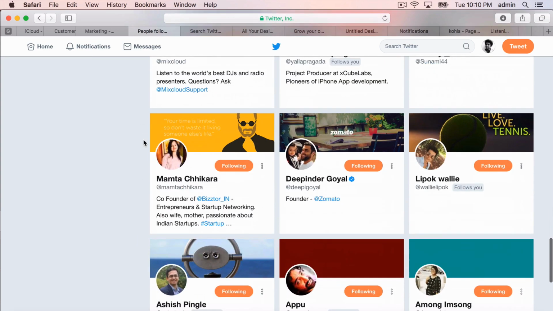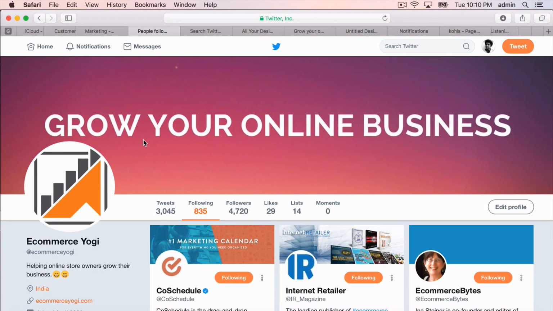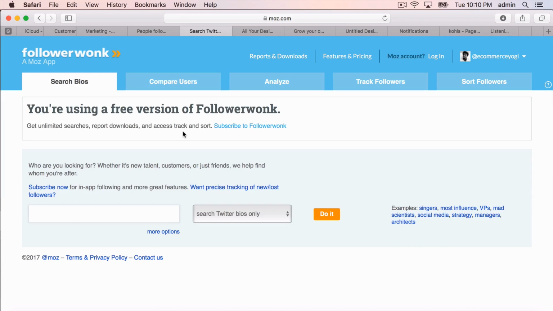Once you know how to set up a Twitter profile, now it's time to connect with influencers who are in your industry on Twitter. For that, we'll be using a tool called Follower Wonk. Follower Wonk is a tool which has been bought by Moz, and Follower Wonk has a free trial too. So you can just create a Follower Wonk account by going to followerwonk.com or moz.com, and you enter